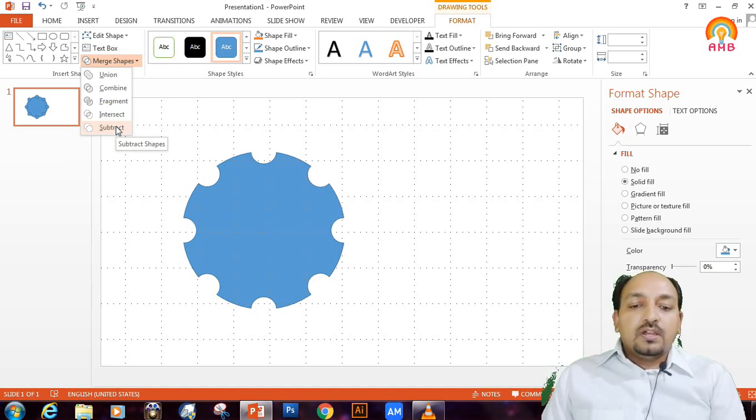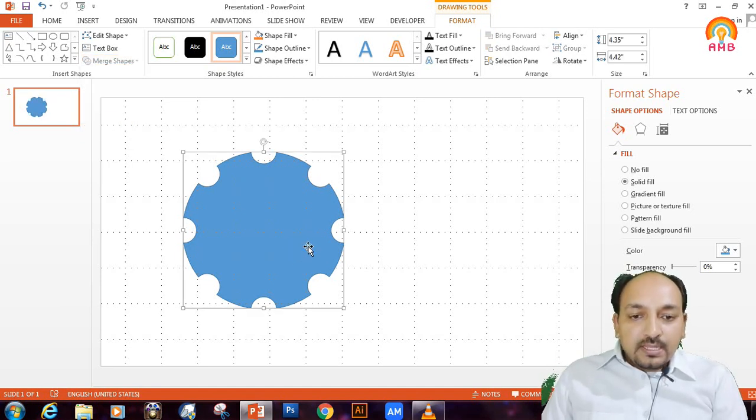So the gear shape can be produced by subtracting the upper shape from the lower shape. So I am subtracting the objects, and we can get this gear shape.